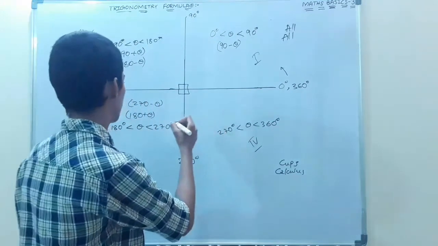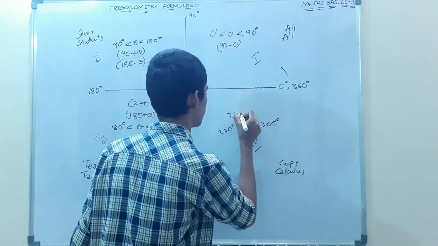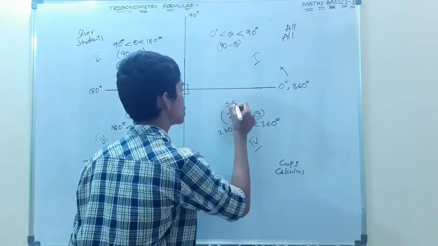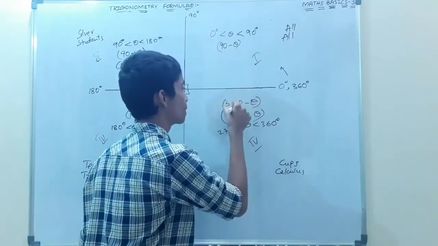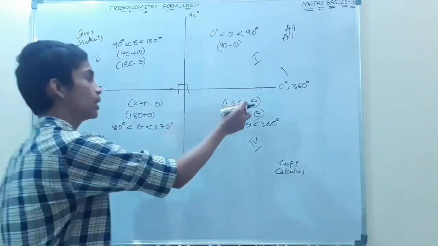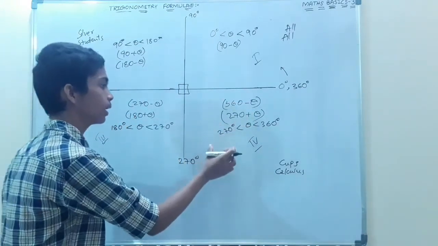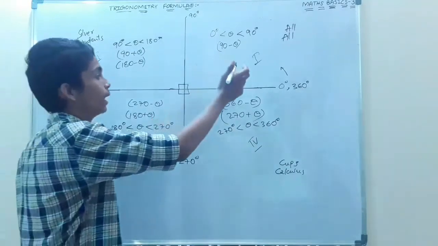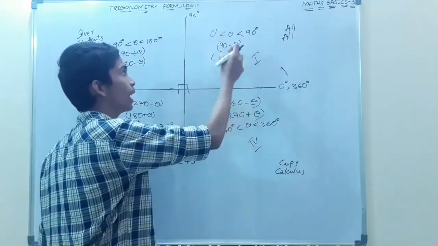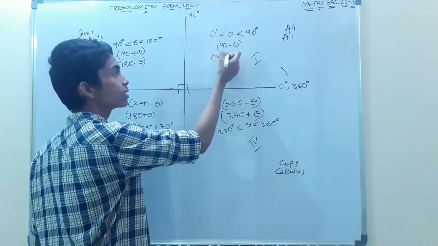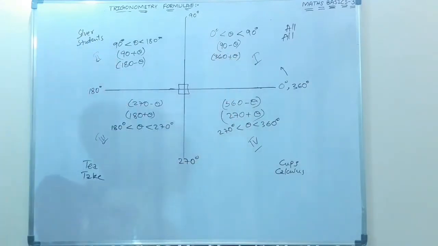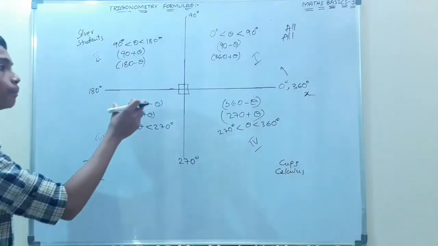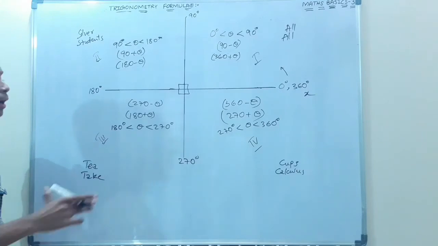And next is 270 plus theta and 360 minus theta, because the angle which is represented in the fourth quadrant is less than 360, and in the first quadrant it is more than 360, so 360 plus theta. And one more thing about this is, if the angle which is represented on the x-axis,